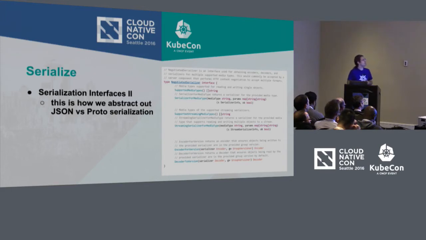So the negotiated serializer interface will give you back a serializer for a particular media type. So this goes a little bit beyond just Proto versus JSON. It also deals with encoding, so content type header, that sort of thing. We're going to add more in the future where clients will be able to set the accept header and get back results in a format that's more to their liking. So this is the mechanism that we'll be using. And at the bottom of this, you see encoder to version and decoder to version. That is where the